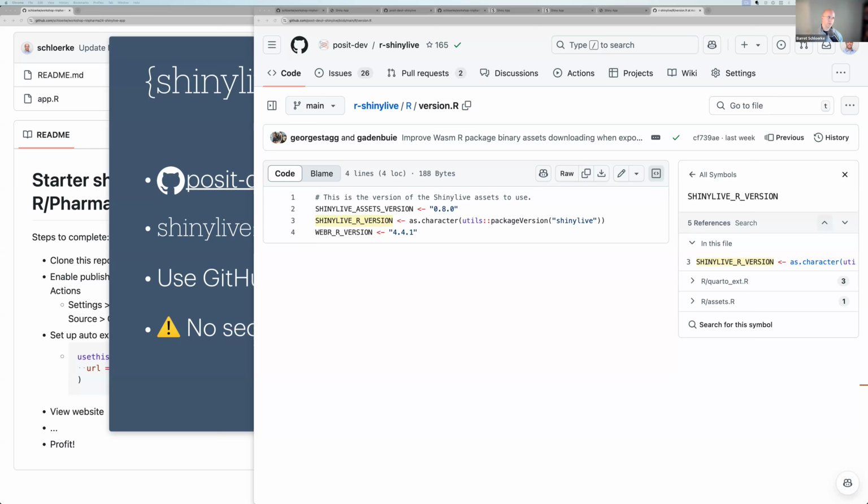But if you need something completely locked down, then I would not use a Shiny Live application. At that point, I would just use Shiny, because then your database can be secret and you don't have to think hard about that.